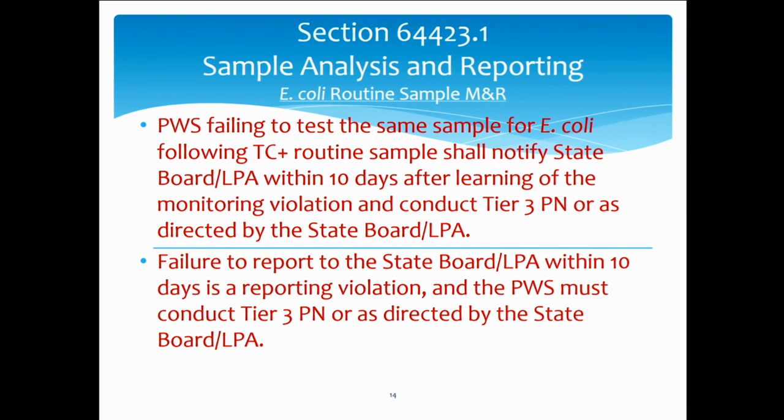If a public water system fails to test the same sample for E. coli following a TC positive routine sample, you're supposed to notify the state within 10 days. And this is language out of the federal rule. And it's a tier 3 public notification. This doesn't make necessarily a lot of sense from a practical standpoint, because you, the water system,